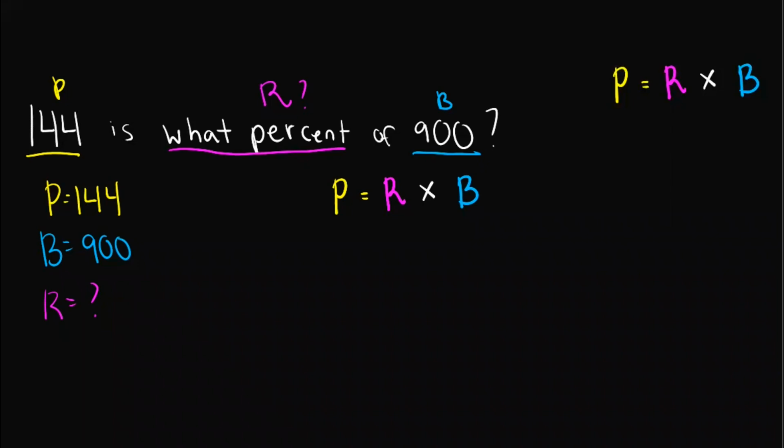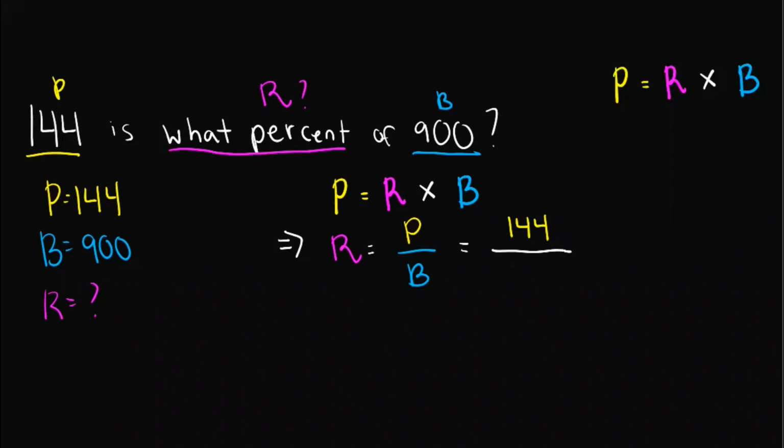So we can actually divide B on both sides, and that would give us the rate to be equal to P over B. And so this is what we simply need to solve. So this one is equal to 144 all over